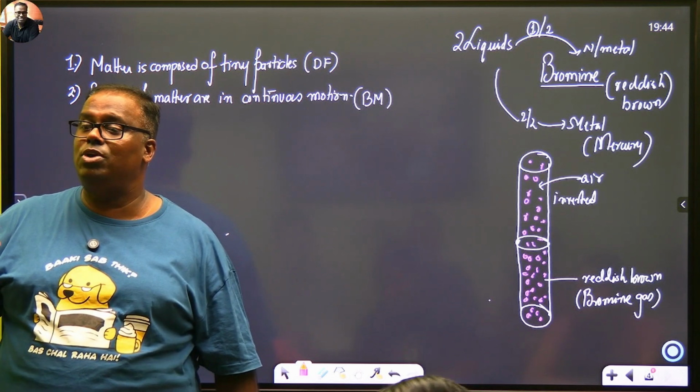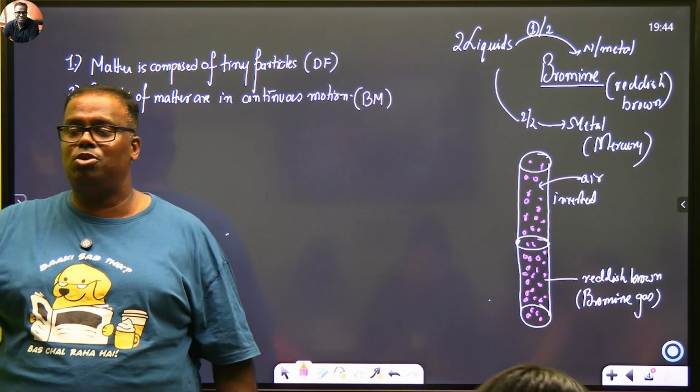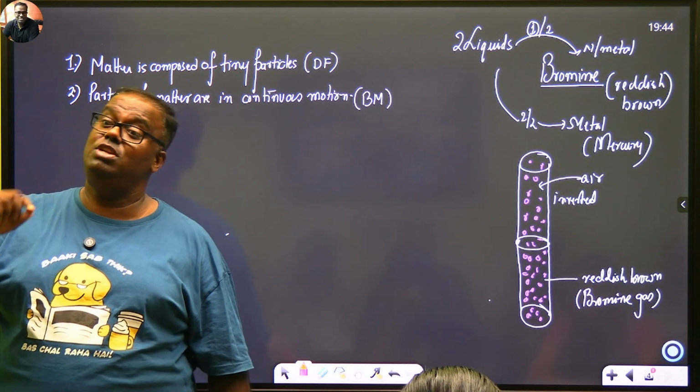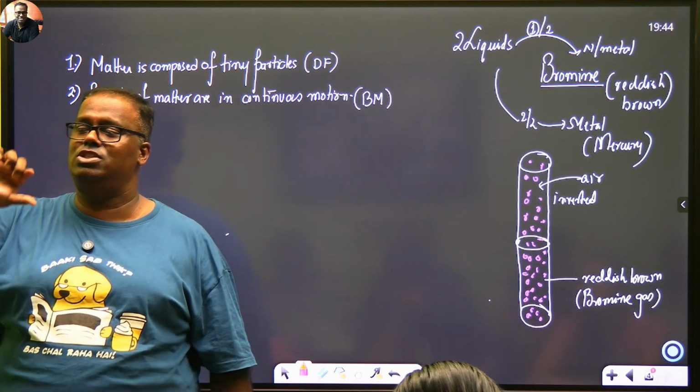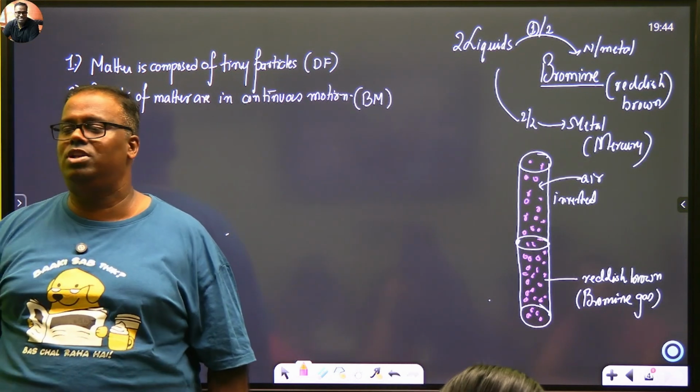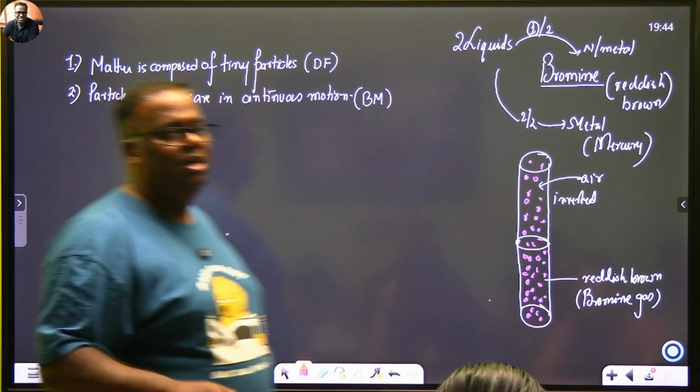It dissolved. So what is this process called? Diffusion, but we also call it sublimation. When a solid changes directly to gas, we also call it sublimation. One fine example: have you all visited